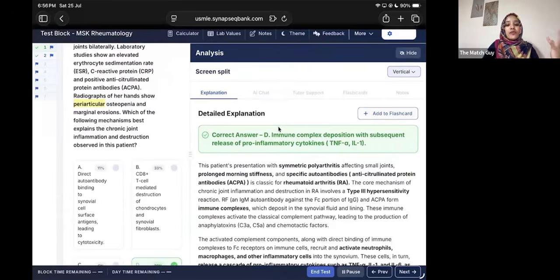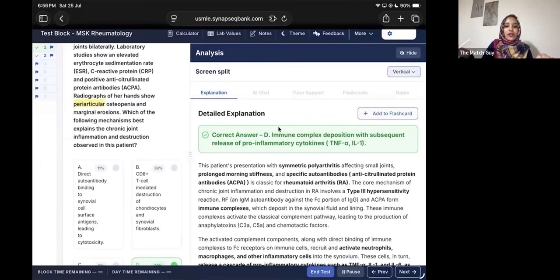If I ask you, let's look at SLE. So SLE, lupus, is mainly type 3 as well, right? But sometimes they like to ask about the specific manifestations in lupus that are mainly not type 3. Nephritis is also type 3. But in lupus, what would we see that is a type 2 hypersensitivity reaction? Very good. So cytopenias like anemias, thrombocytopenias, leukopenias, are mainly type 2 in the setting of